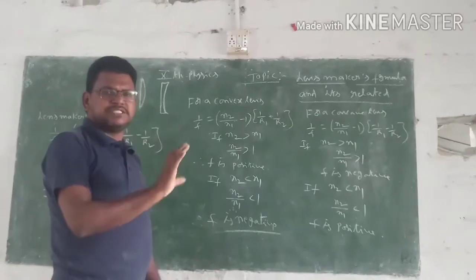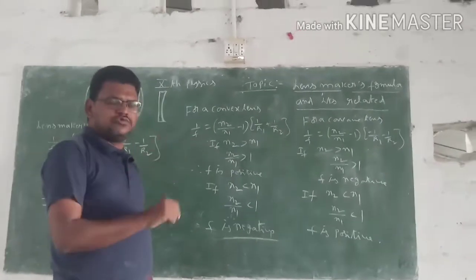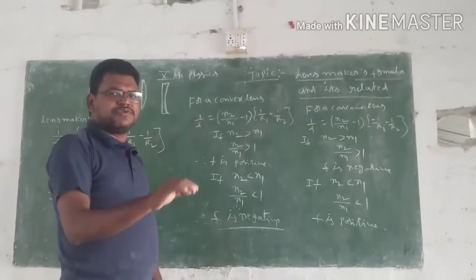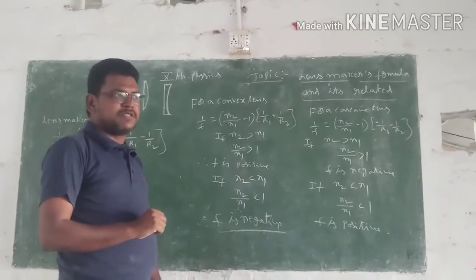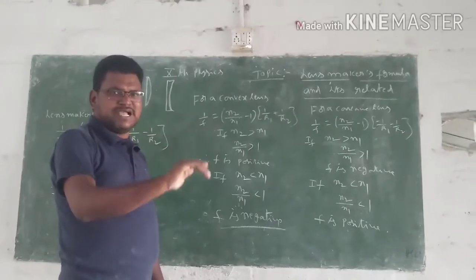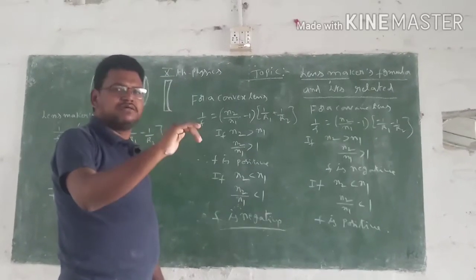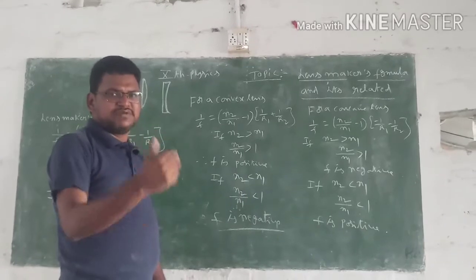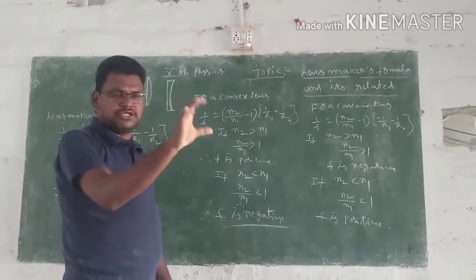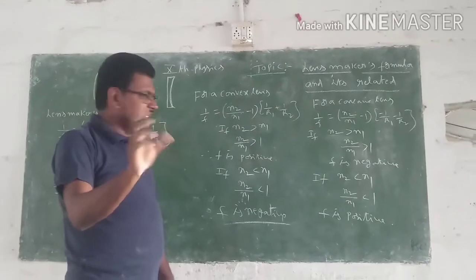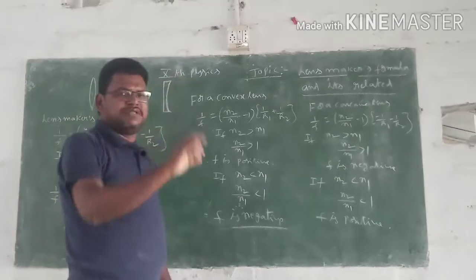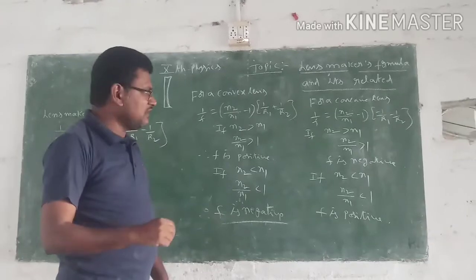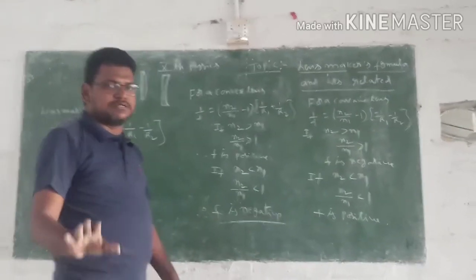Sometimes they will give n1 and n2 as the refractive index of the medium and the refractive index of the lens respectively. Then they ask when a concave lens acts as a converging lens, or when a diverging lens acts as a converging lens, and they give multiple options for the relation between n1 and n2. So depending upon what is given, we have to choose the correct answer.